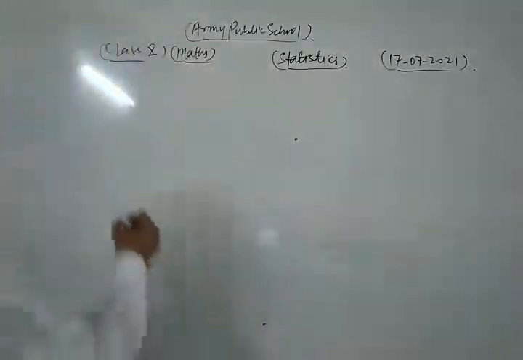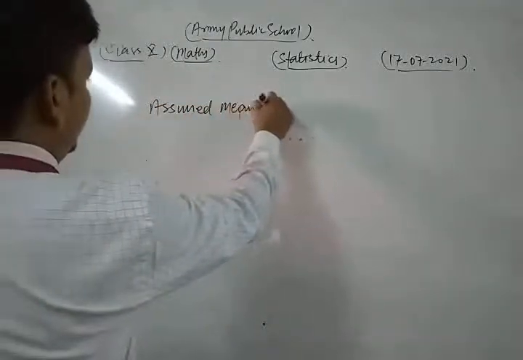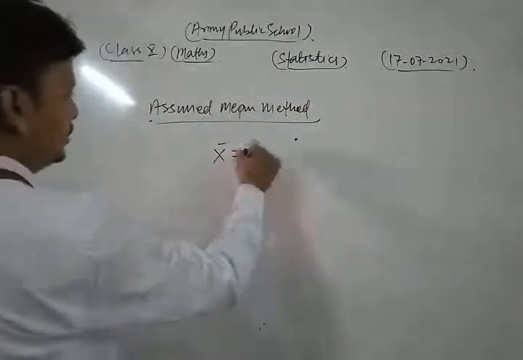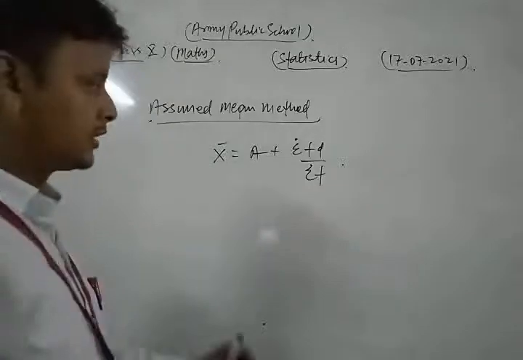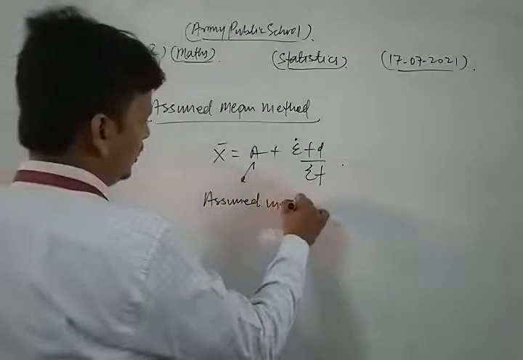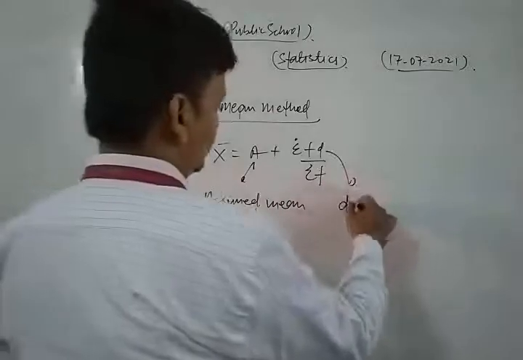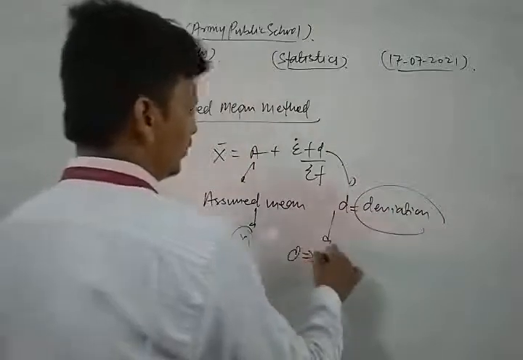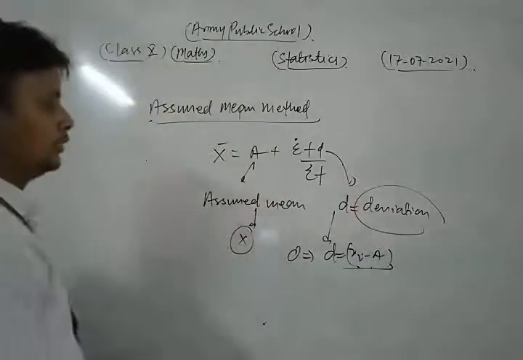You know that in the assumed mean method we use the formula: mean is equal to a plus sigma f into d upon sigma f. Yesterday I discussed that a is the assumed mean taken in the variable x, and d is the deviation. Deviation is calculated by the formula d is equal to each xi minus a. And you know that sigma means